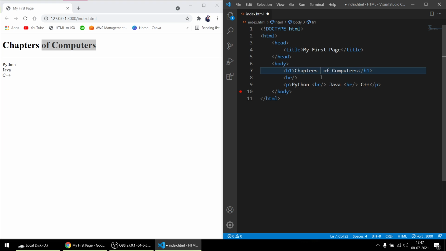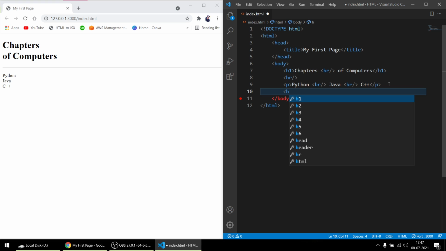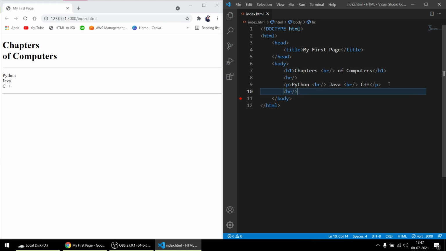So after chapters you just put a br and save it, so of computers will come on another line. So this is the way you can break a line in HTML. And in the end you can put the hr tag again. See, now it appears here.